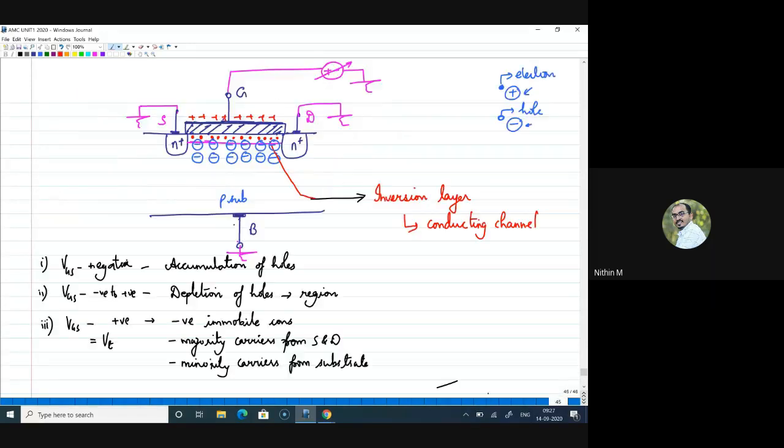You can actually imagine that. There you have an N substrate initially, and on an N substrate the inversion layer should be of positive charges, because there you will have P plus. I'll just draw it. You will have P plus, and this will be your N substrate. Now the voltage applied here will be negative, so that holes will be attracted, and a conductive channel will be formed. The inversion layer will be formed. For this to happen, the voltage polarity should be negative, right? So that is the reason why we say that for a P MOSFET the threshold voltage is negative.